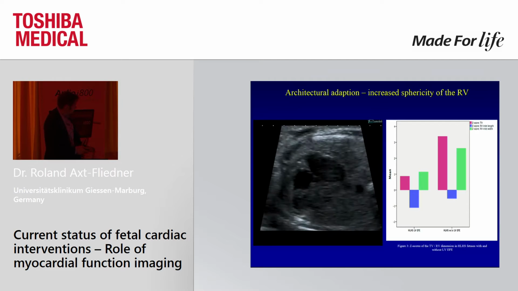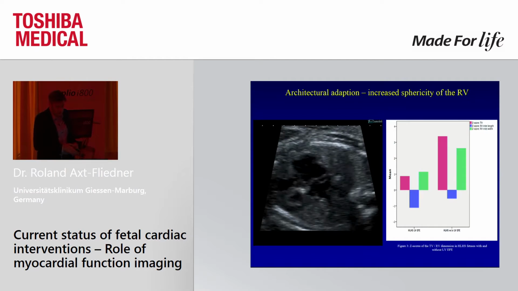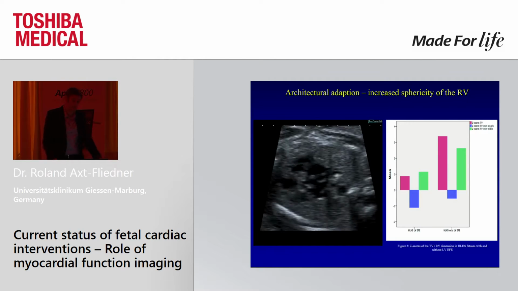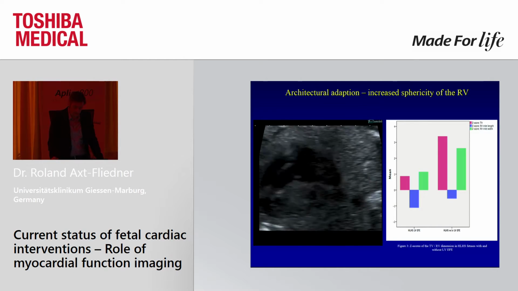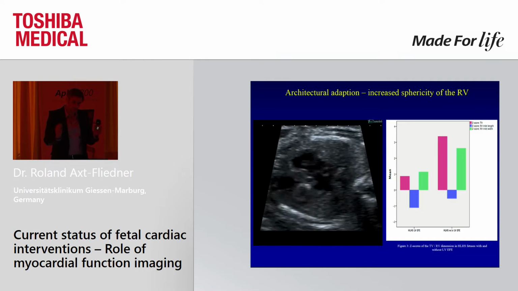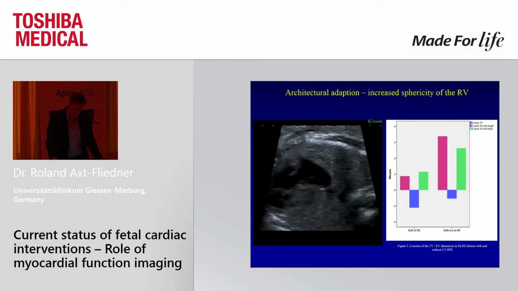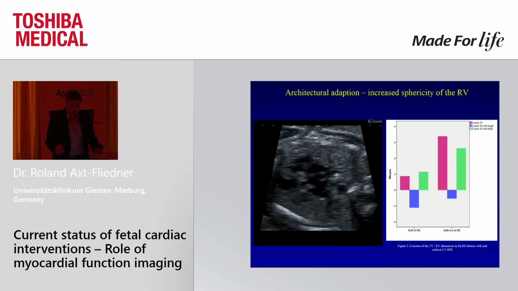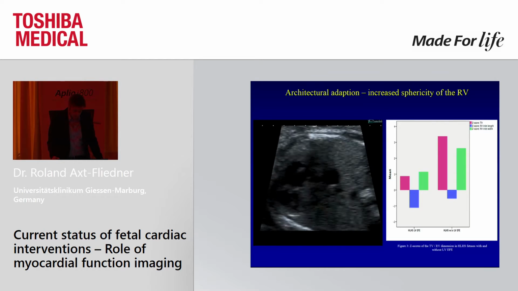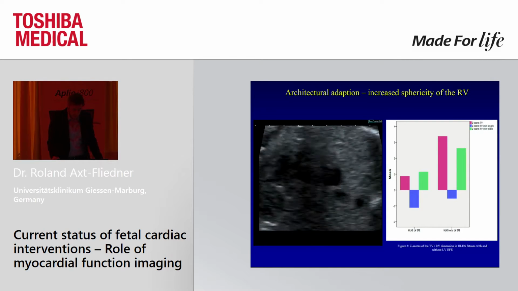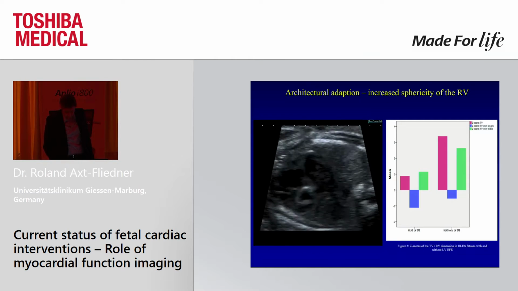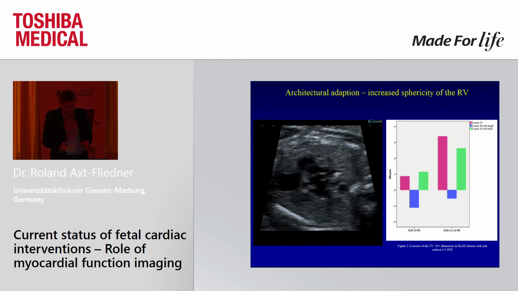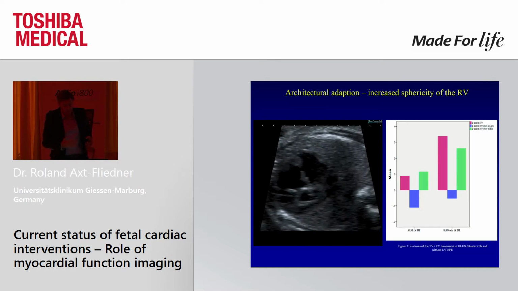And then at first look we saw that the right ventricle shows an increased sphericity, which means that the short axis diameter becomes greater and the long axis diameter is shortened compared to hypoplastic left heart forms without endocardial fibroelastosis,